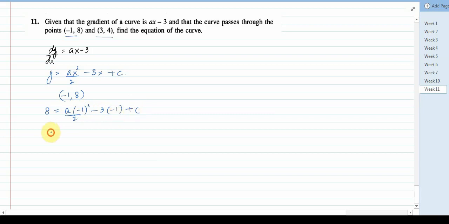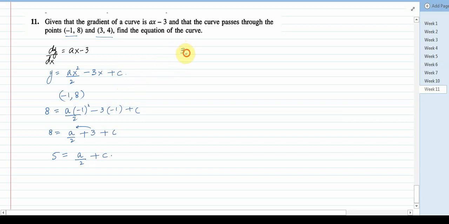So it's 8 equals a over 2 plus 3 plus c. If I shift 3 to the left side, 8 minus 3, it's 5 equals a over 2 plus c. Alright, for my next point, and that is